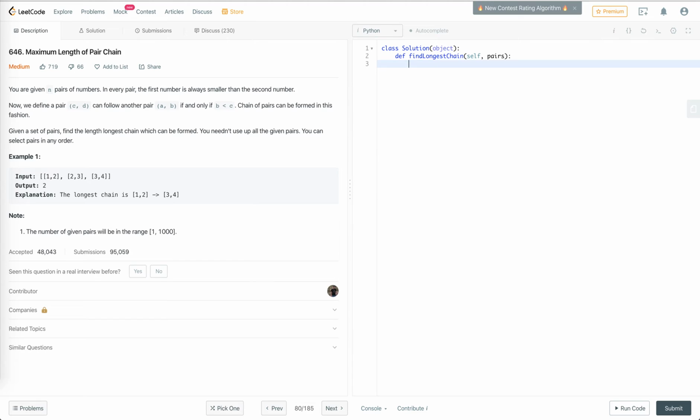But for that approach, the complexity would be O of n log n, because we sort it, and then we look from left to right, and then we check if it's good or not, then we chain it, okay? So let's do that. So here, I'm going to sort my pairs array,